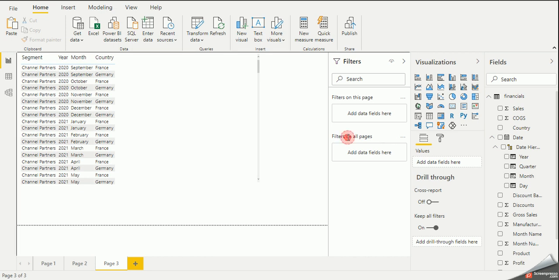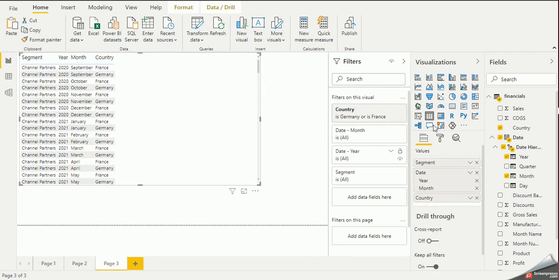Filter on all pages, that is a filter on a report. The report is the whole Power BI file. Filter on this page, you can see that we have multiple pages. And filter on visual, when we click on any visual, the columns already available in the visual we can filter out, but we can bring other columns as well to put in the filter for visual level. So let me show you my sample data for today.